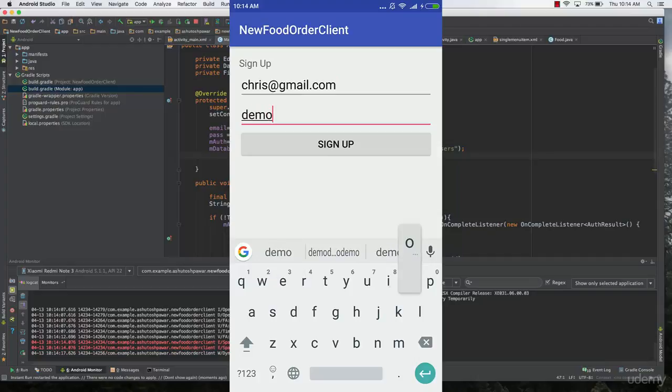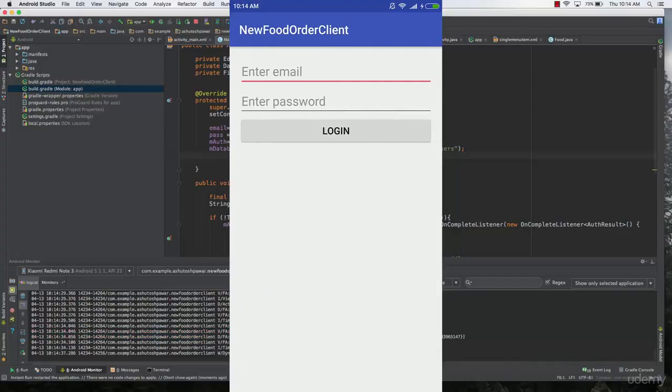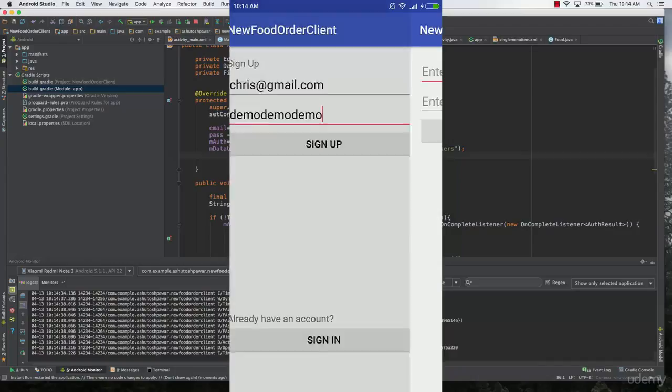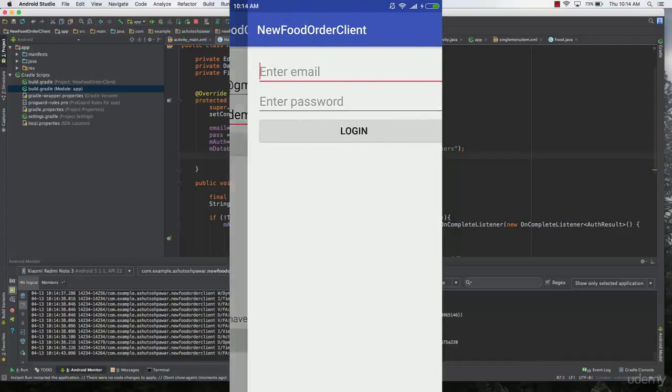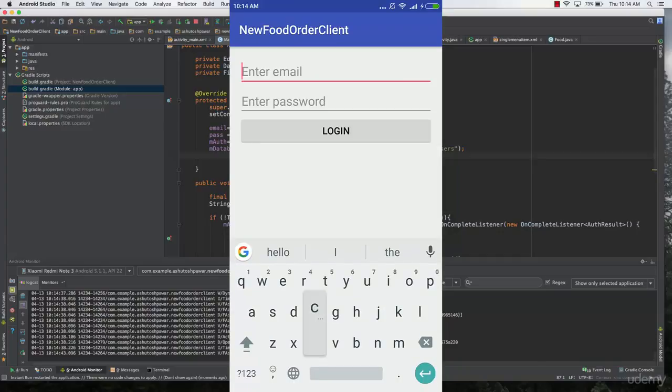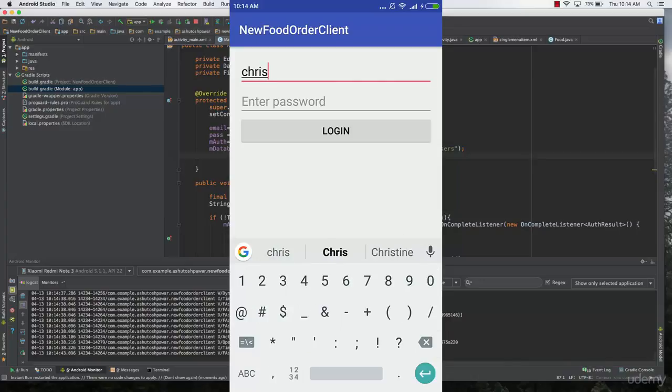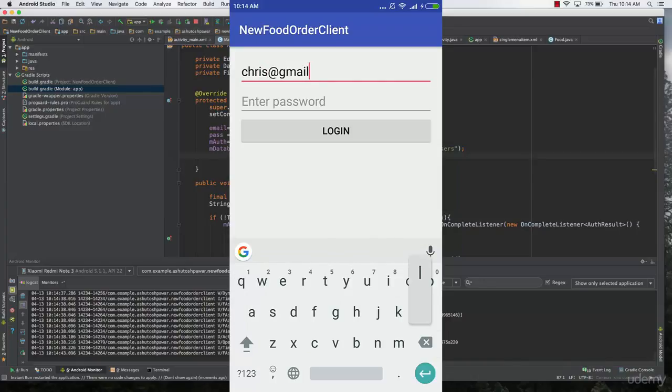The password is demo, and demo. Click sign up. Okay, so we will click sign in. Here we will type in chris@gmail.com and we will type in demo, and demo, and when I hit login,